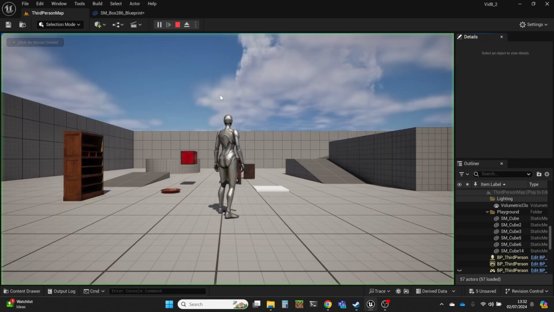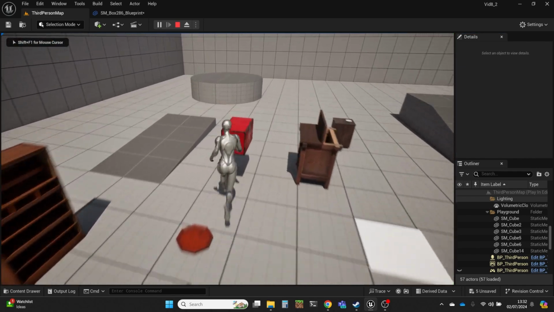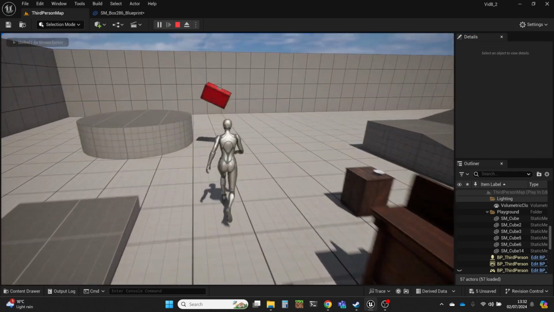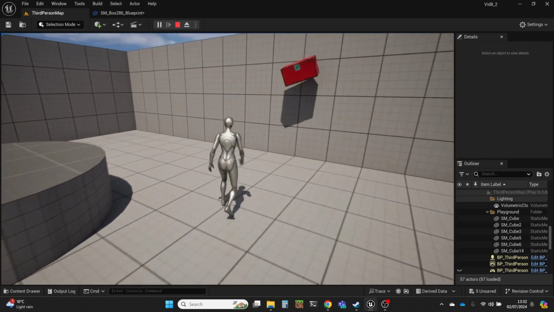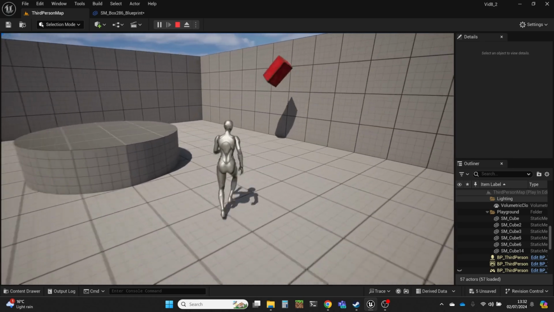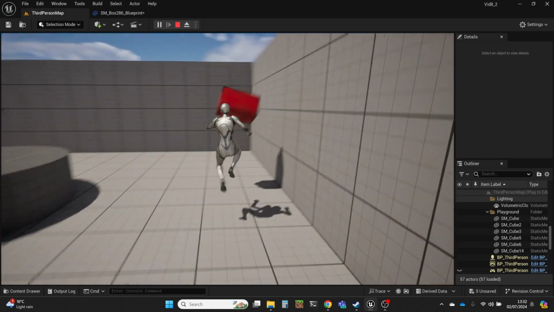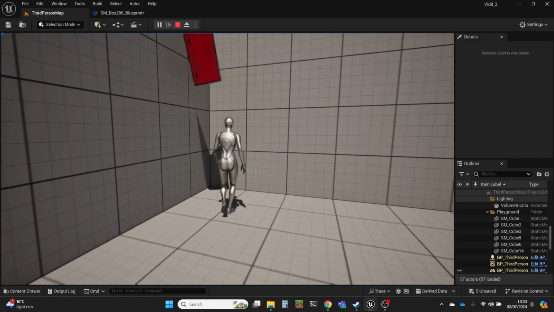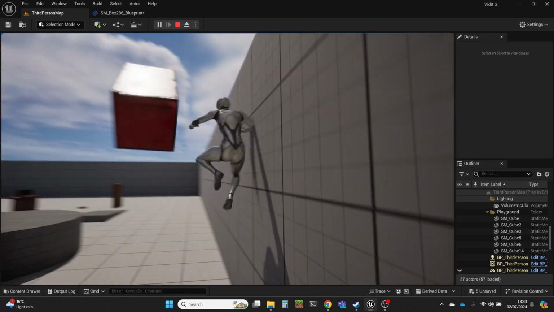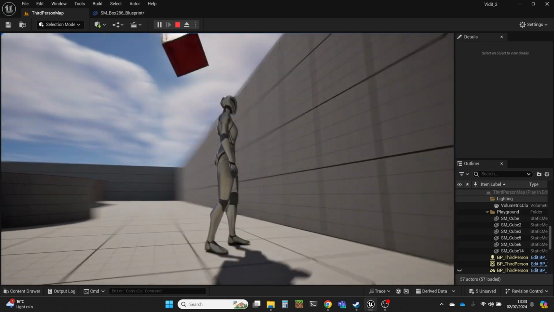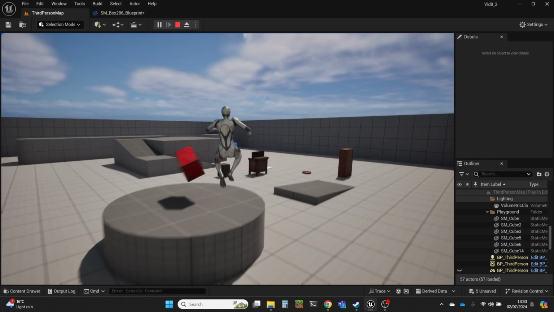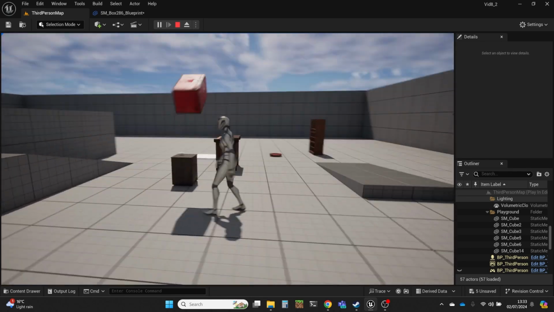So we'll see what happens when I play and I walk into it. It's as if gravity doesn't affect it, which is exactly what it is. But I can hit it and I can move it around. And in fact, when I'm doing that, I'm applying some form of force to it, which has been created through the physics simulation.